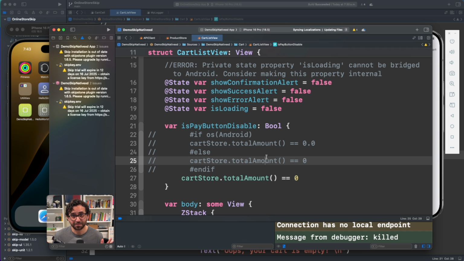It's working. Yes. This is one of the biggest differences between transpiling and using a native app, meaning that the custom Swift compiler making your app for Android is capable of dealing with this because you're not translating this into Kotlin code, so you don't have to respect Kotlin at all. It's just Swift code. But if you're using Skip Lite, you have to take care of Kotlin rules and Swift rules,